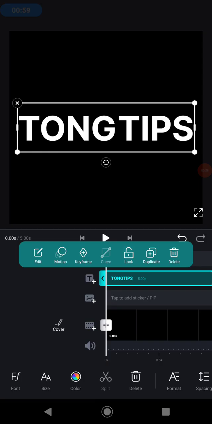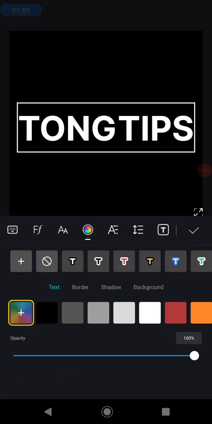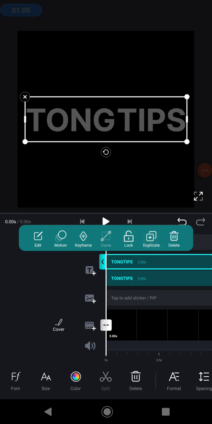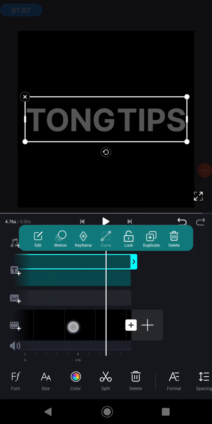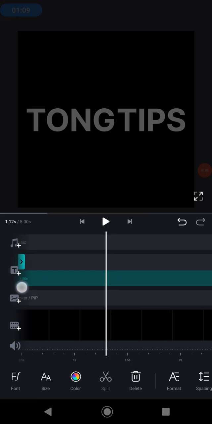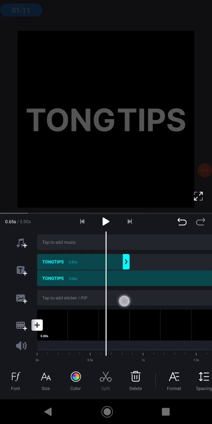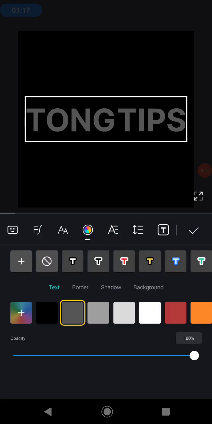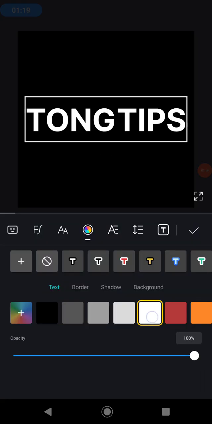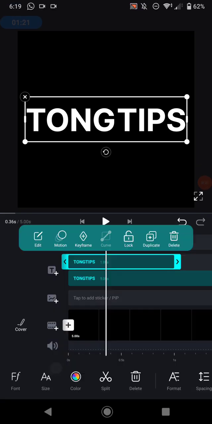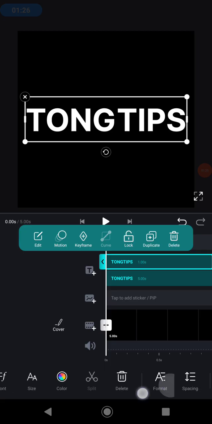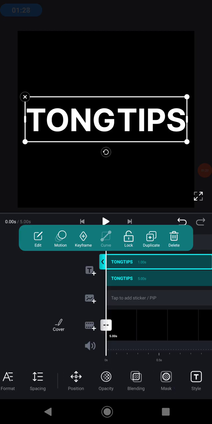But before you duplicate it, you need to adjust the color to a gray color like this, and then duplicate it. And now you need to cut it, for example, maybe I would like to use 1 second. Okay, like this. And here you need to adjust the color of the second text to white color. And after that, click the duplicated text and swipe the toolbar to the left,